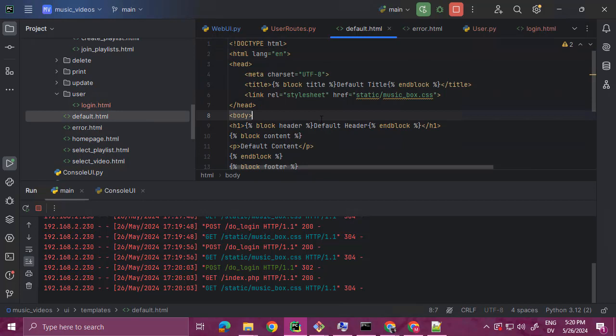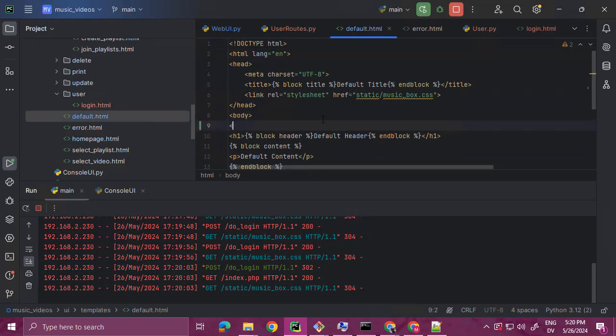And in my body, I'm going to have div style equals float right. And then inside of here,